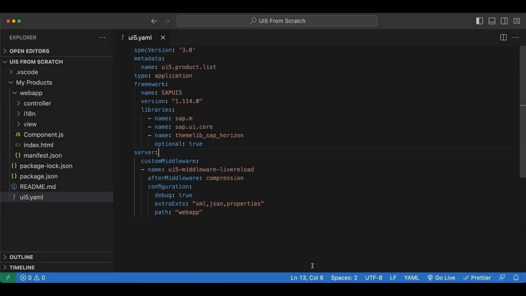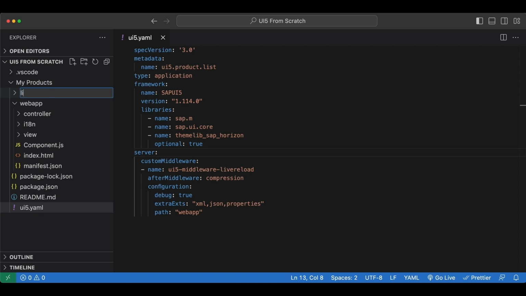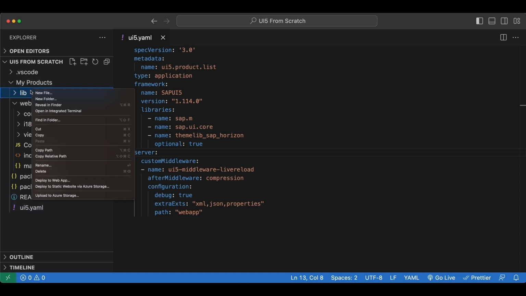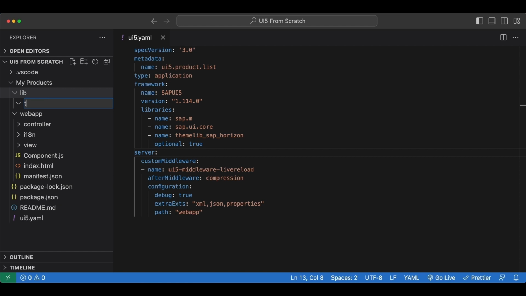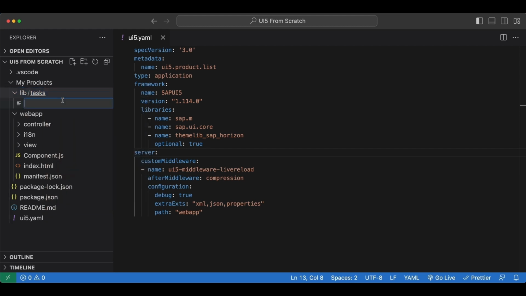Ladies and gents, in this video we will implement a custom build task using UI5 tooling's Node API. So I begin with creating a new folder under the root folder of my project, named lib, and inside I create another folder named tasks to hold my custom tasks, and inside I will create a new file named